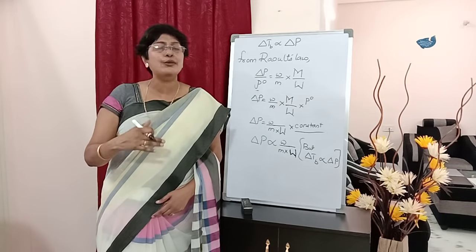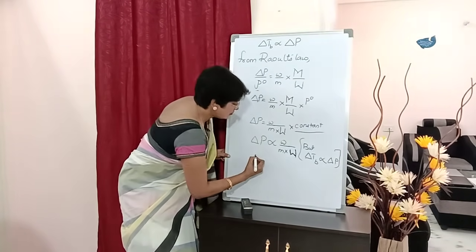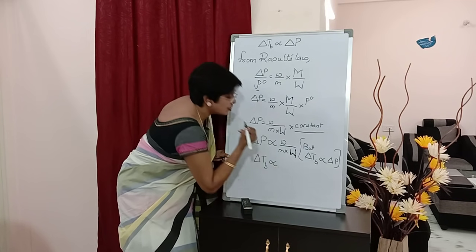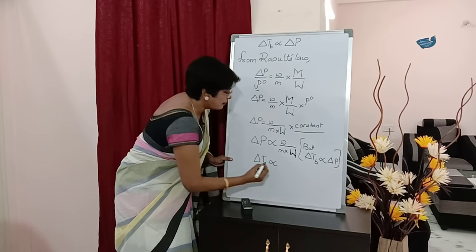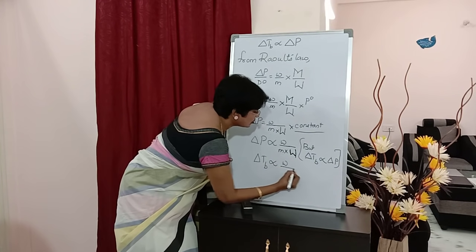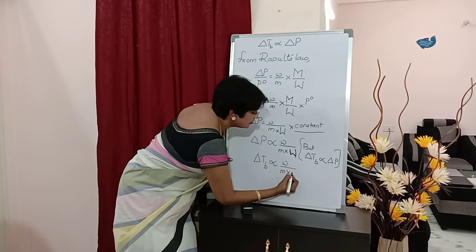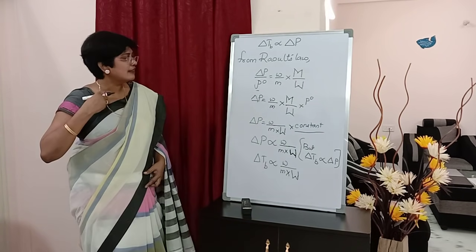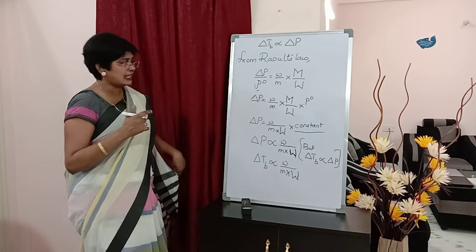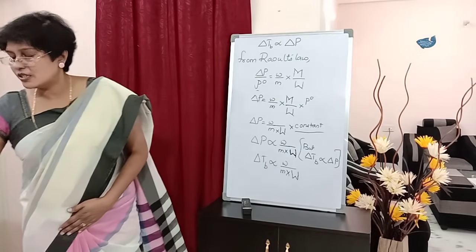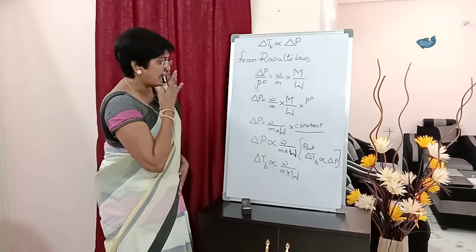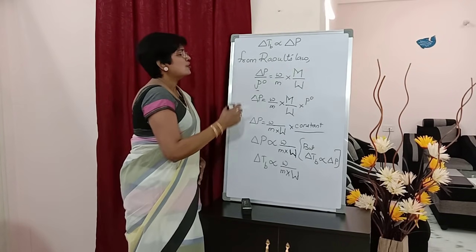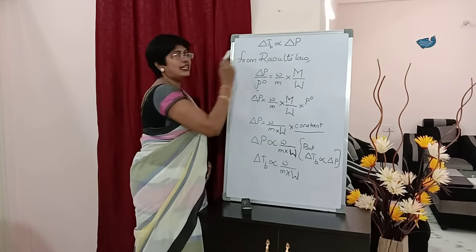Okay. So what can we do now? We can write down like this. Next step, write down, students. Delta P proportional to this one. Copy this above step. Small w by small m into capital W. Okay. Write down that step, students. Delta TB proportional to small w by small m into capital W. Clear till here? Students, last class we have derived till here.